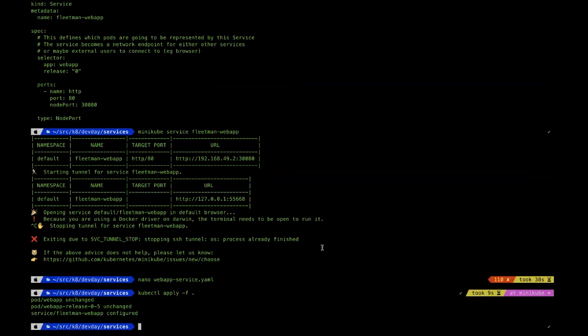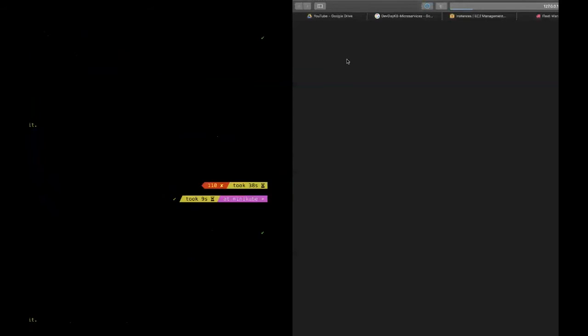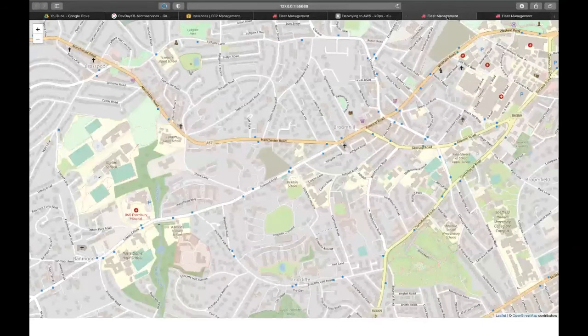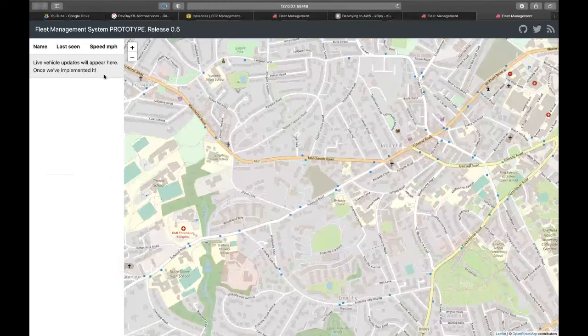So apply -f, and I'm going to access my application again. You can see that it is release 0.5. This is my previous application, which has died now, though the web browser is still showing it. This one is version 0 and this one is 0.5. You can see there are some enhancements in this application. That is how, by using a service, you can expose your pod into the outside world. Okay, so now let's move into the other aspects of our application.